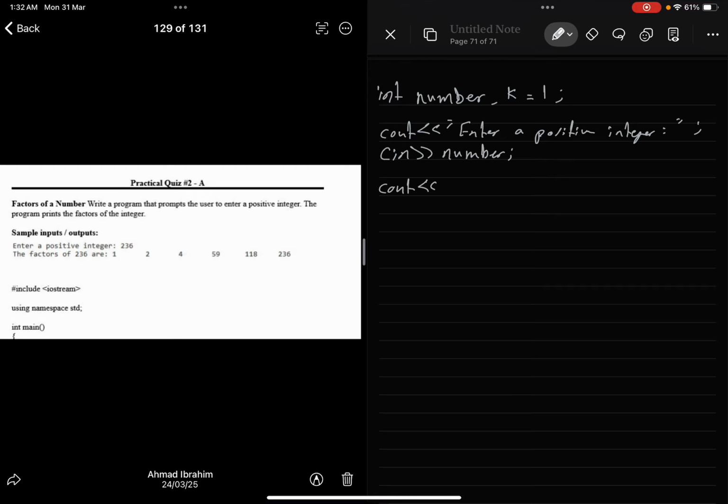Here we have cout the factors. We don't have to write it now, we just have to write